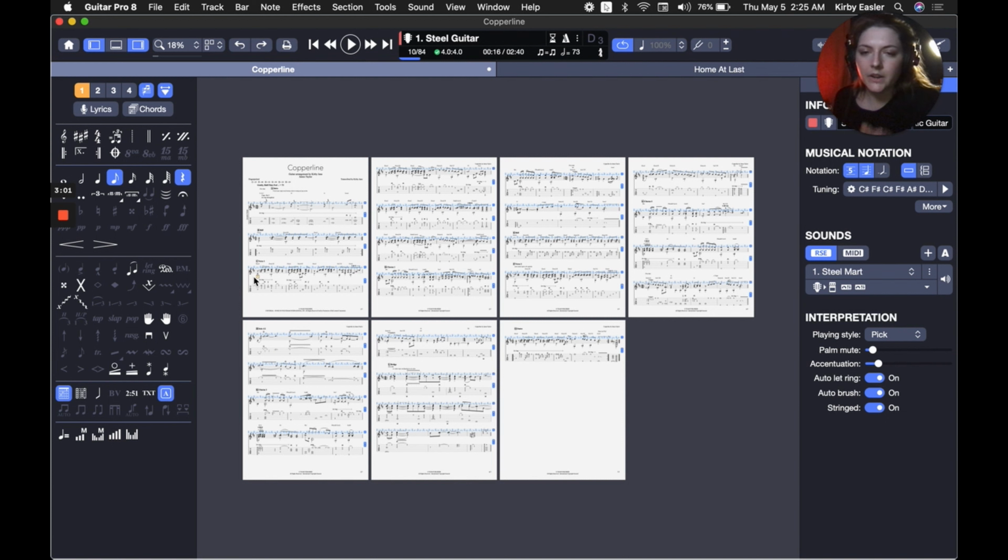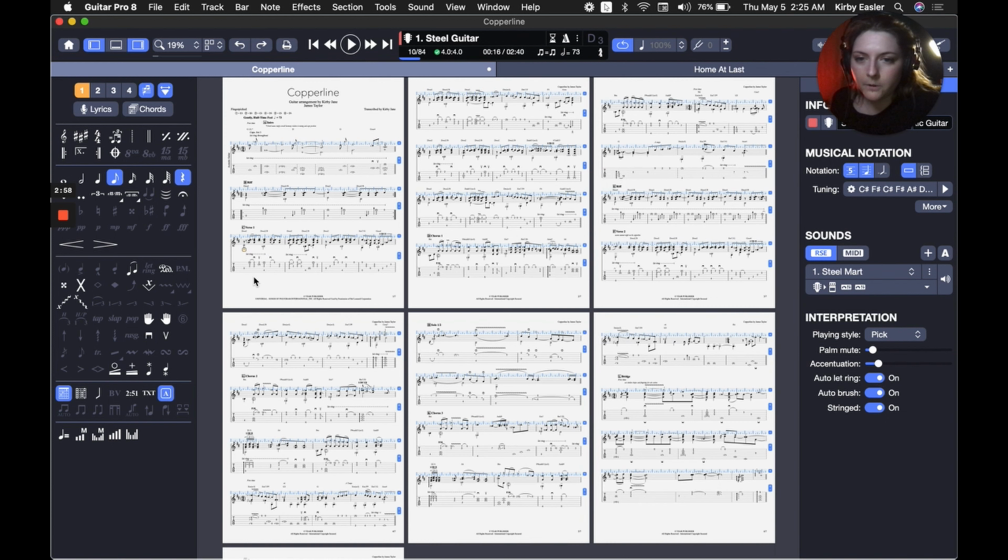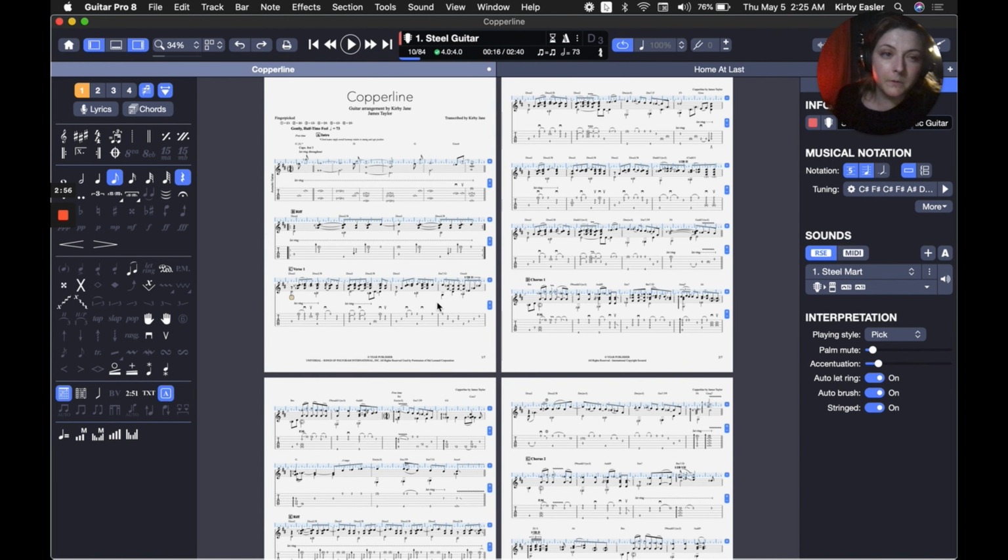And then for the verse, I'll include the fingerings for the verse, and then include the fingerings for the chorus, and then include the fingerings for the bridge and the outro. If there's anything in there that's a direct repeat of something else, I just won't include fingerings for that,